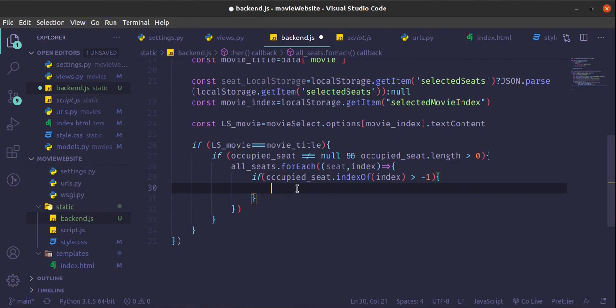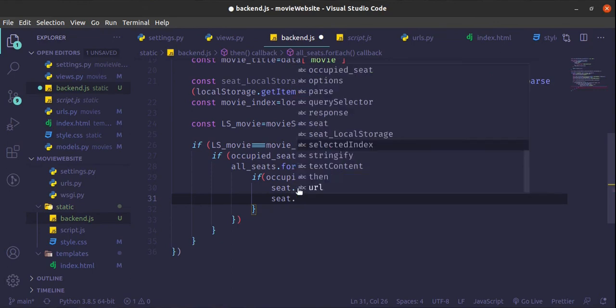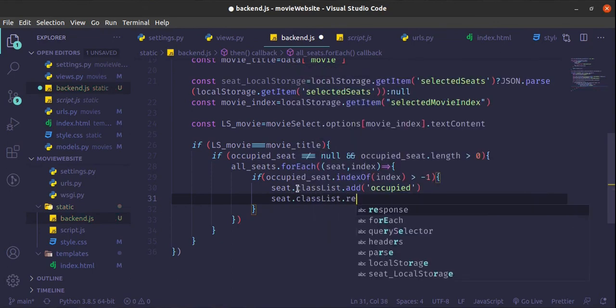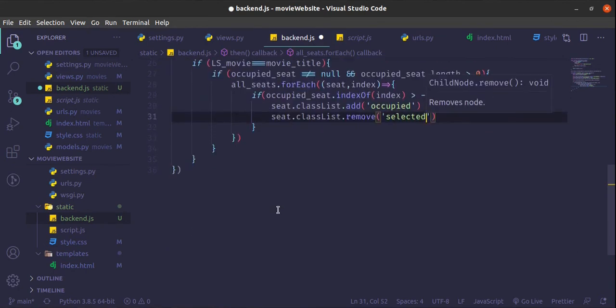So if you found that, you are going to hold on to that seat and add to its class list the occupied class, and remove from its class list any selected class that it has. All right, hope you guys are following me. All right, so now you are checking that. So one last thing we want to do is, if the now